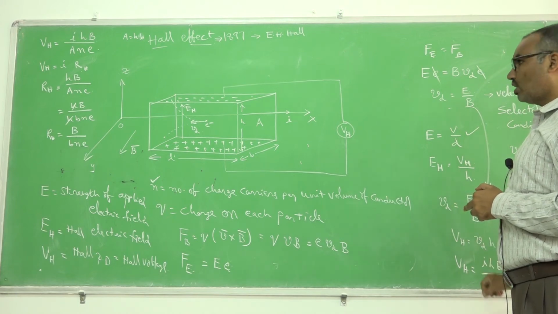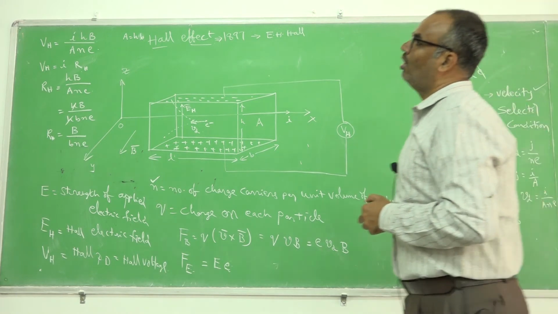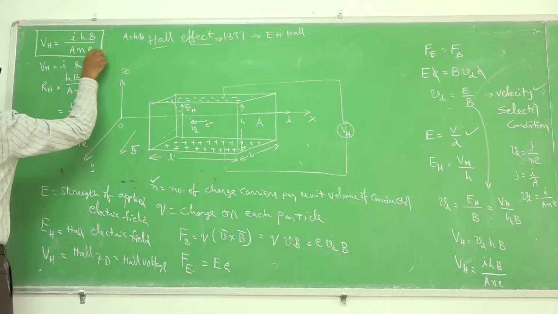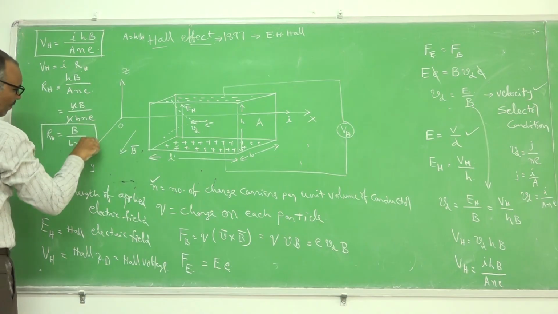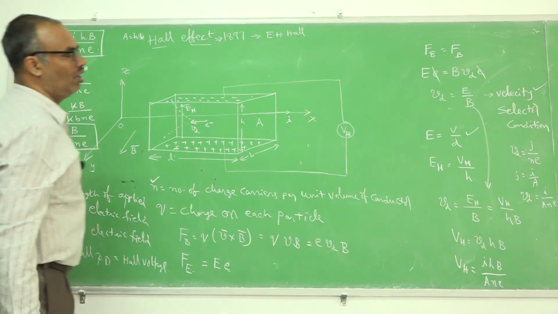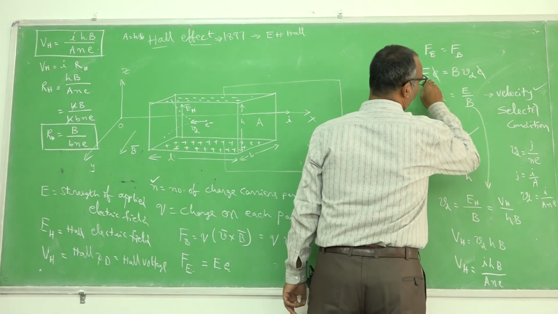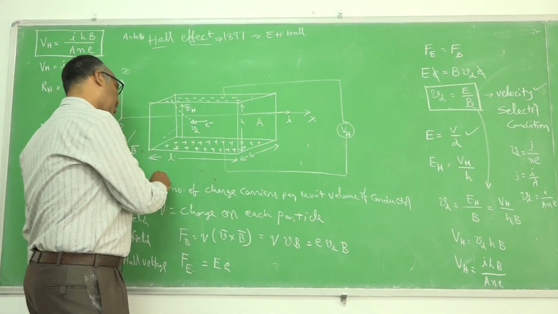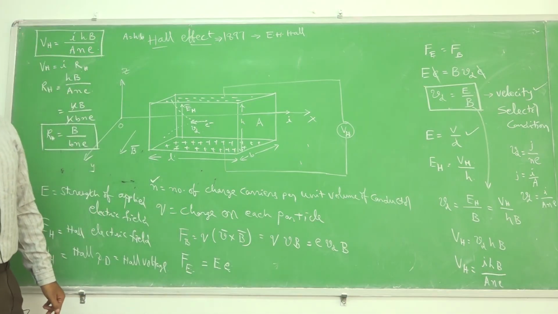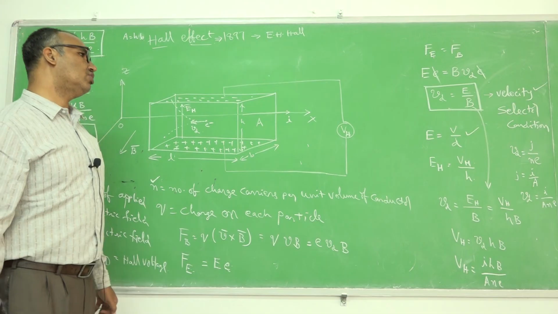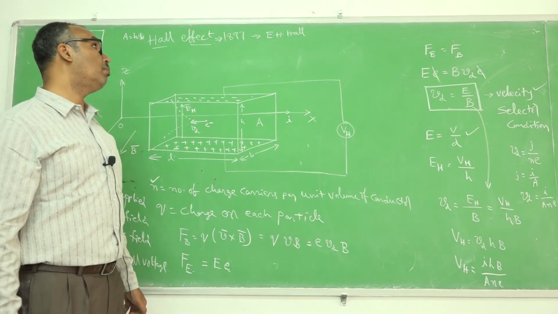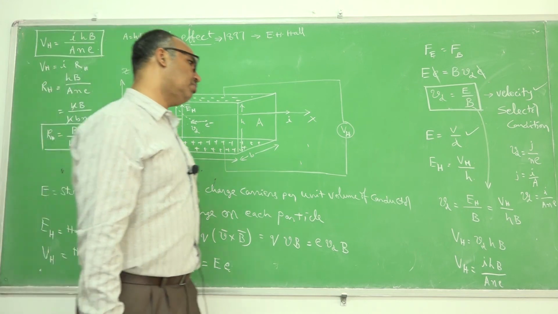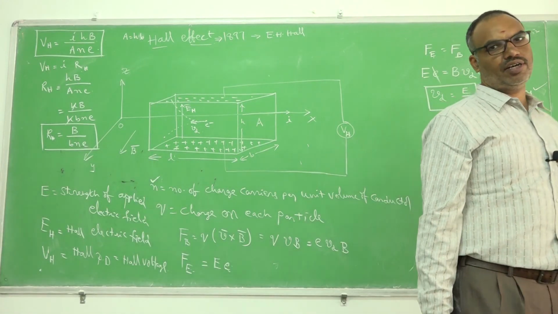Based on the velocity selector condition, I calculated Hall potential difference. I also calculated Hall resistance. Also, I defined velocity selector condition. The use of this is to find the number of charge carriers per unit volume available in the conductor, and also this effect will help us to know the nature of charge carriers. So these points you should remember while dealing with Hall effect.